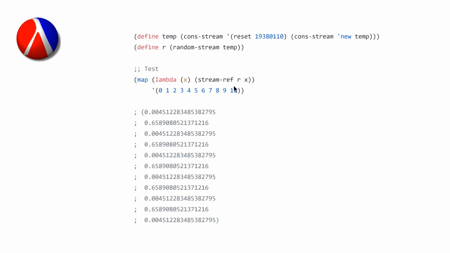And to test this, we can see we set up our temporary stream. So this is just going to alternate between resetting our stream with the same seed that we had in our algorithm, but you can use any seed here and then getting a new number, and then defining R to be a random stream over this back and forth of new and reset, new and reset. So what we expect is just to see the same two numbers over and over again. And sure enough, if we map stream ref over our random stream R, you see that we get the same